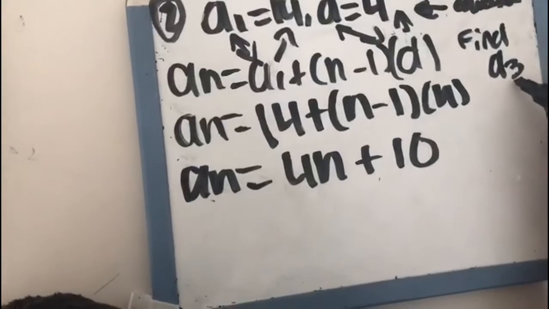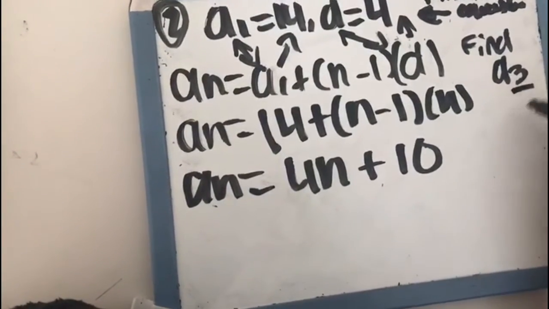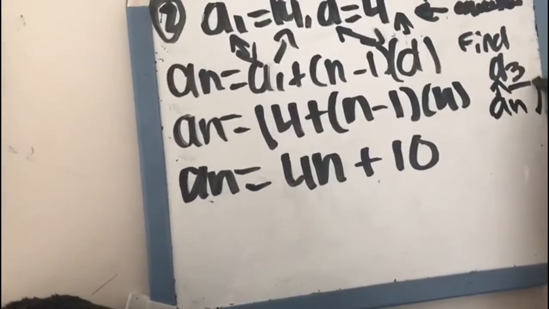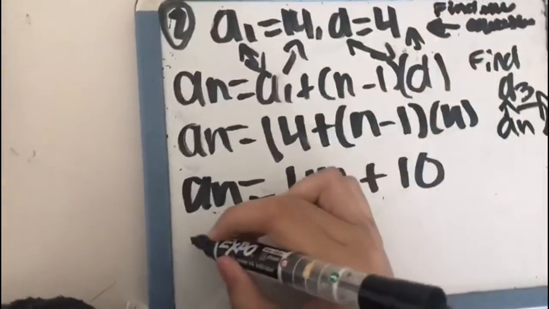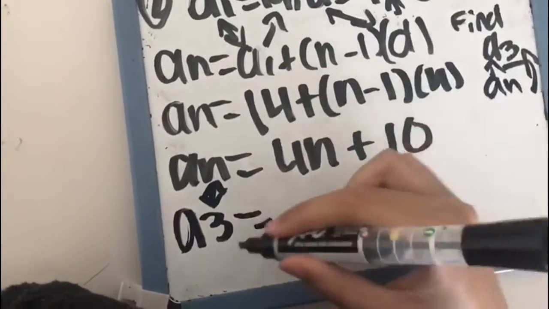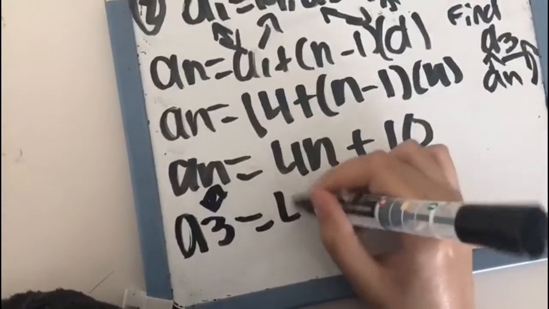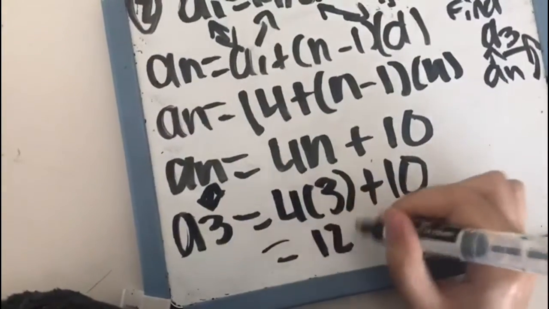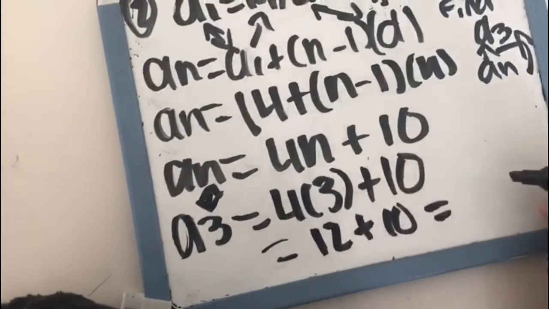So A3, now listen, A3 is always like an. They're basically the same thing, right? 3 is basically n. It's a term, right? So just replace n by 3, okay? So A3 equals 4 times 3 plus 10. And that will give you 12 plus 10, which will give you